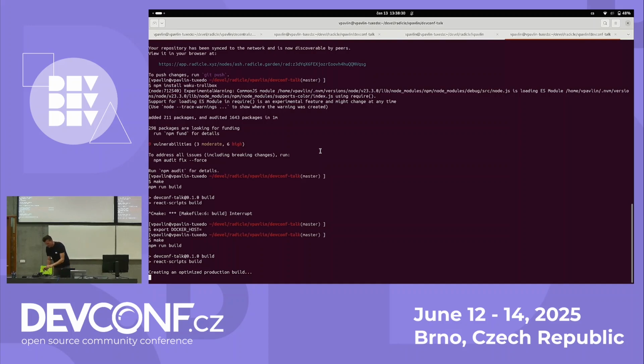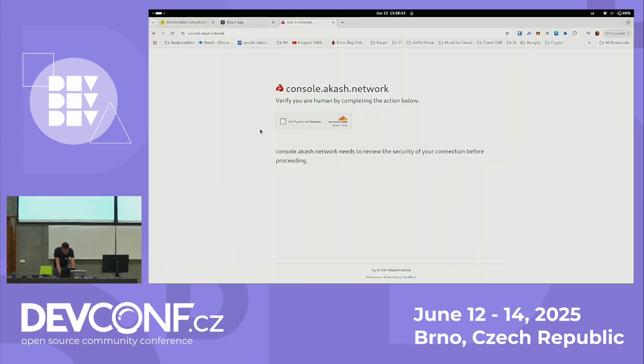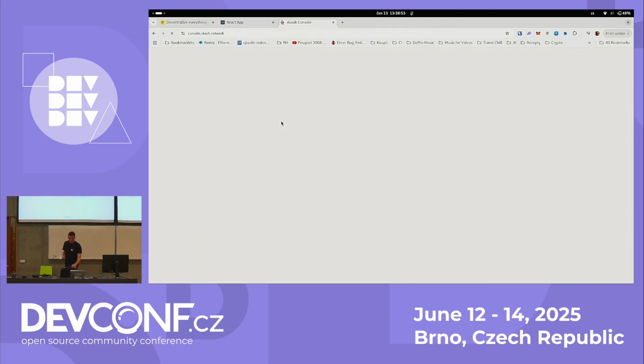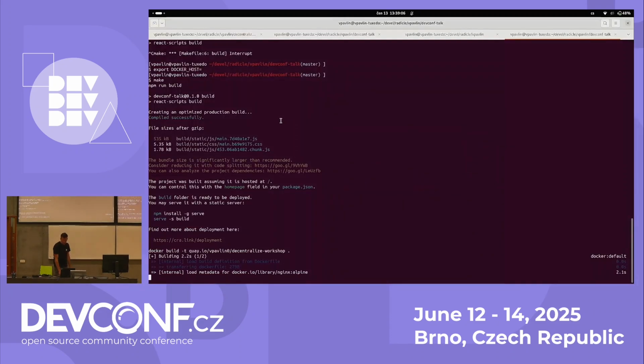I'm just gonna plug this in. Maybe there is something going on with the laptop trying to throttle down the power. Anyway, so let's take a look at the Akash console in the meantime. So we have seen the Fileverse. We have seen part of the Radicle stuff. I will try to still follow up on that, but I don't think I will have time for that. So I just want to show you the Akash console now, and I think that will be it, and then we can go to questions. I am terribly sorry for this demo not working well.